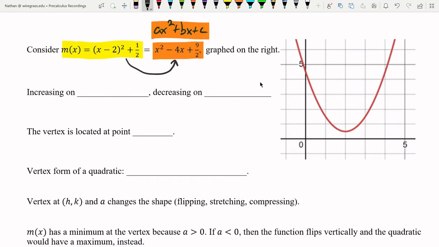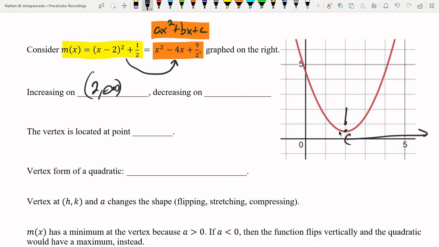Of course, this quadratic is increasing on the right-hand side, right? On this portion here, it's going upward. So we know that it's going to be increasing on this portion of the domain. This spot right here is the vertex, so that's where it changes. So it's increasing from, what it looks like, 2 to infinity,